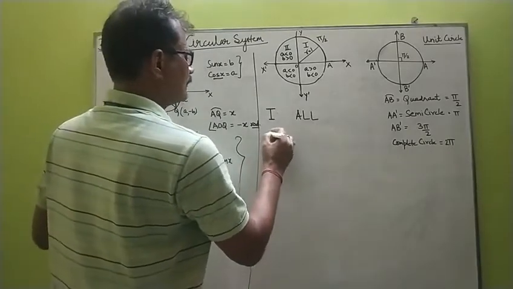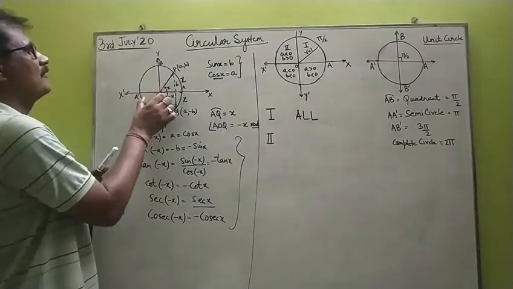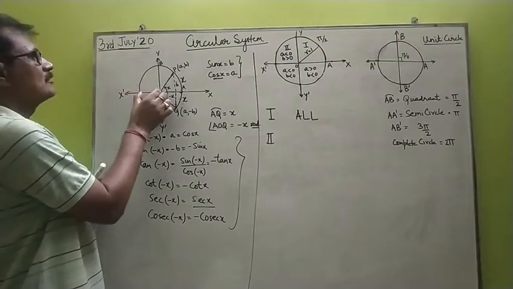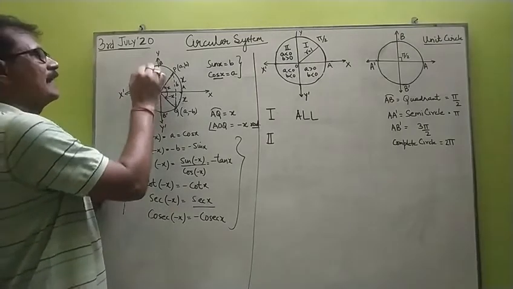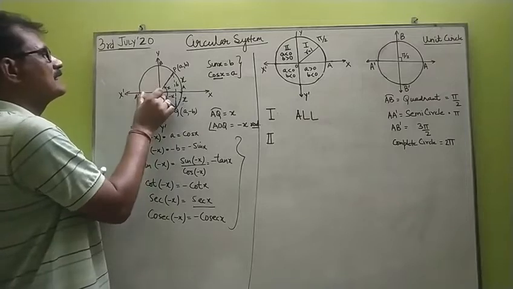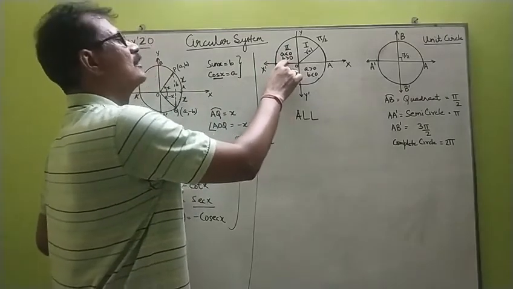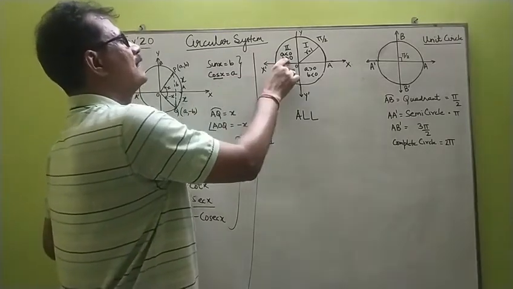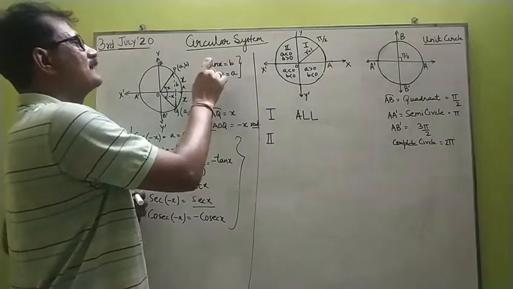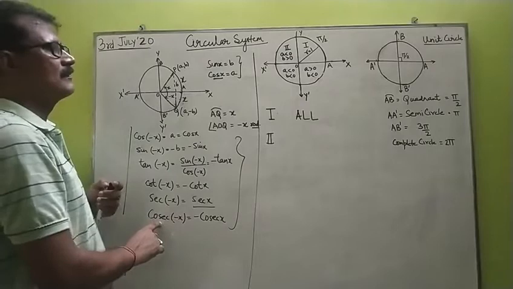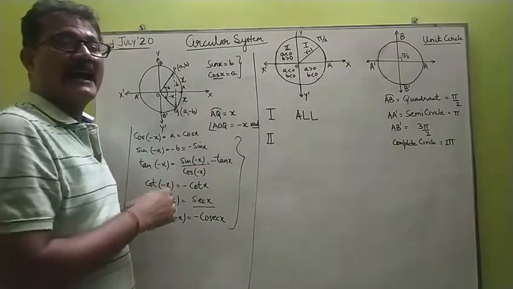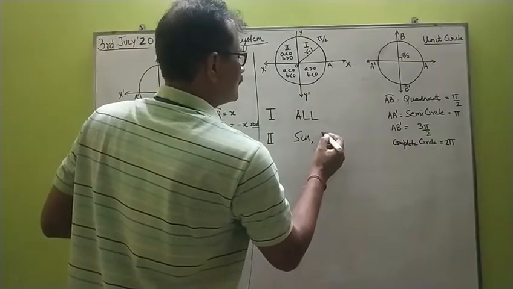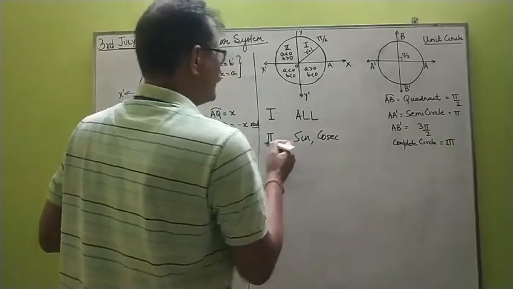Whereas in the second quadrant, a becomes negative because it moves to the left side of the x-axis, whereas b, which is on the upper side of the y-axis, remains positive. So a is less than 0, b is more than 0, and since a is less than 0, cos becomes negative and sine becomes positive. If sine is positive, then cosec will also be positive, and cos being negative makes tan and cot negative. So only sine and its reciprocal cosec are positive in the second quadrant.